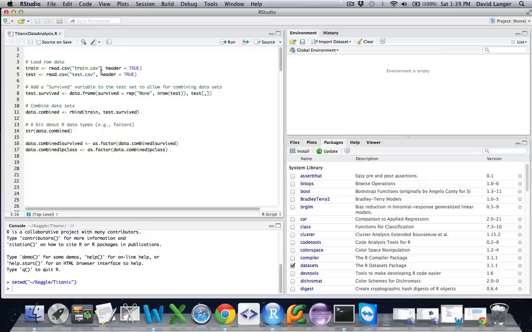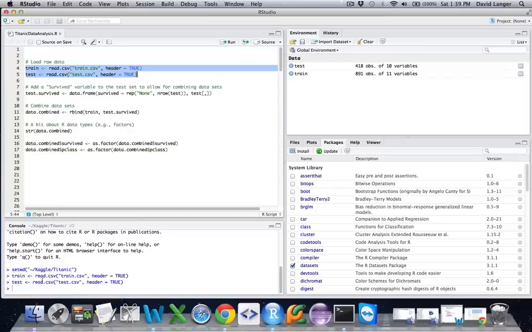Now, R is awesome for working with data. Once you get really good with R code, and I don't claim to be a master of R code by the way, you can do a ton of stuff with very little code coming from your fingertips. For example, reading in CSV files is dead simple in R. You can literally use what's known as the read.csv function. You provide it the file name. Of course, you could use the entire file path, but I set my working directory to prevent me from having to do that. And I know that the CSV files have headers, so I just say header equal to TRUE. I can run this code by simply highlighting these two lines and clicking run up here.